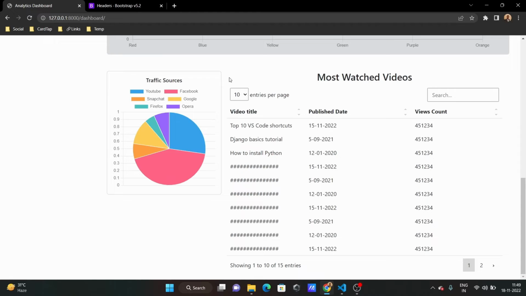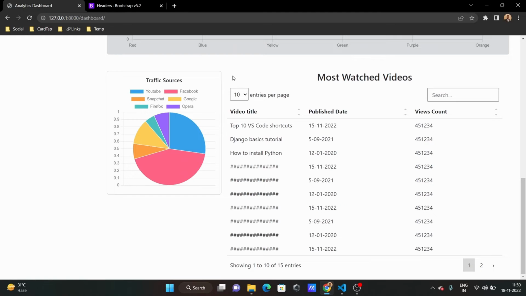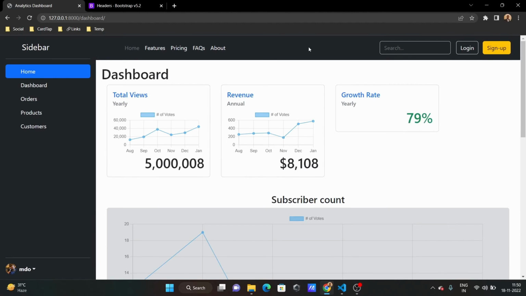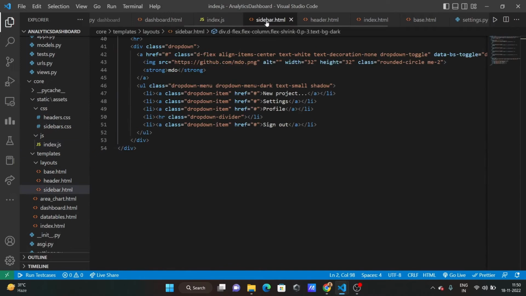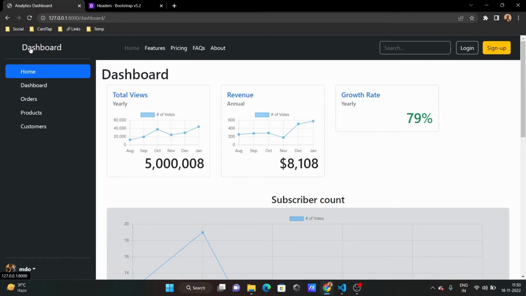So instead of showing this data table here, I want to create one more page, like a reports page, which will contain the data in a data table. So here I will remove all the other elements. Here also I'll remove these elements because these are not needed, and I'll change the name here from sidebar to dashboard. So first I'll go to sidebar, then I'm just changing it to dashboard. Refresh. Dashboard. Click on it, it will go to the home page, but I want this to go to